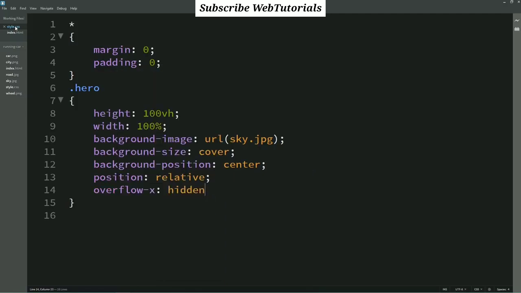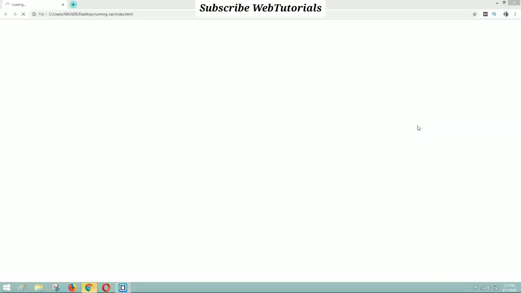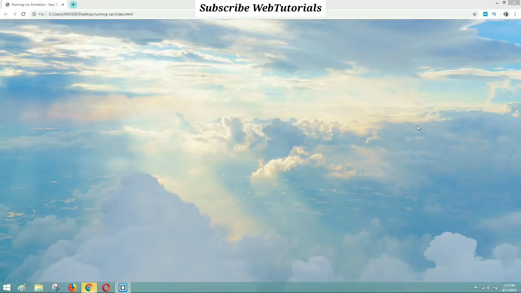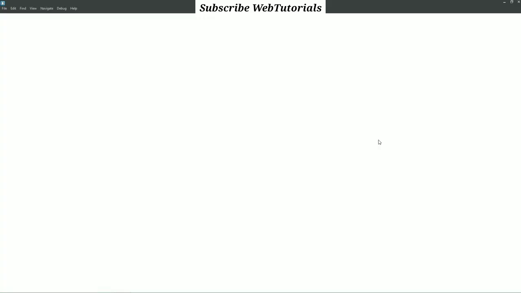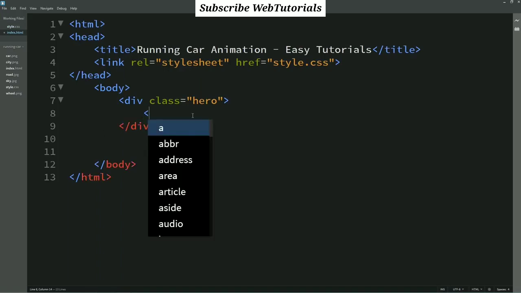Position will be relative and overflow-x hidden. Let's open this HTML file with Google Chrome. Now you can see full screen image on this web page. Let's come back to the HTML file again.